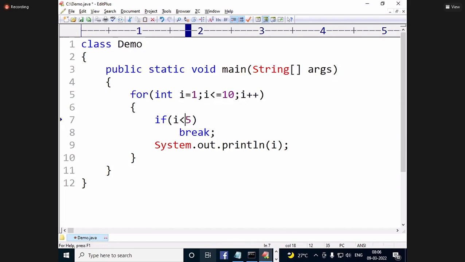Any other? 5 to 10. No output. 1 to 4. No output, no output, no output. 1 to 4.